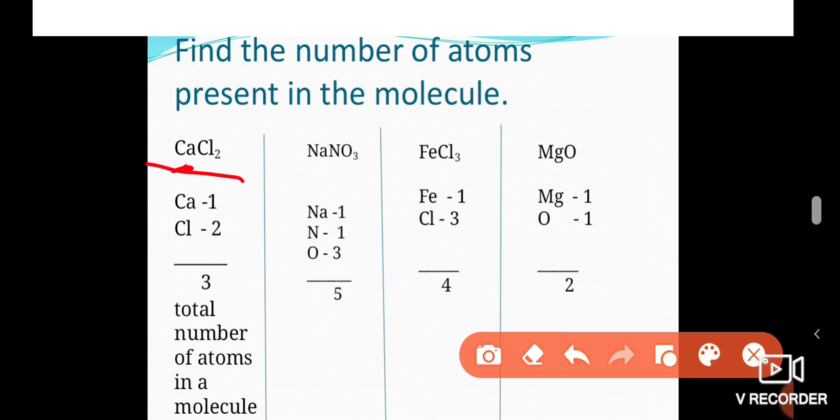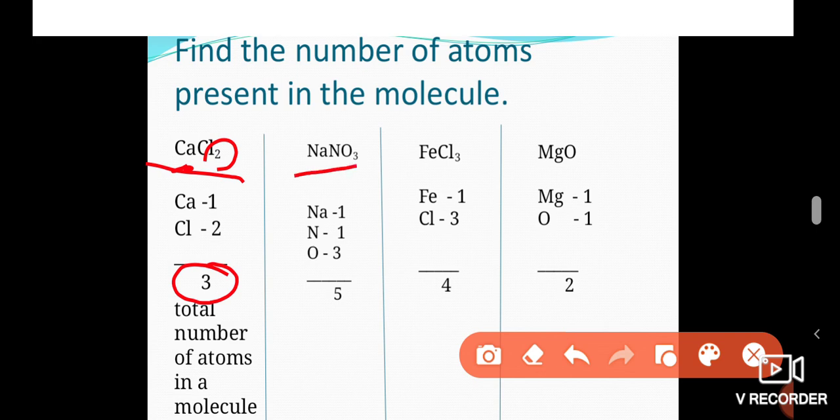And after Cl, subscript 2 is there. That indicates 2 chlorine atoms. So Cl, how many chlorine atoms are there? 2. Finally, the total number of atoms is 3. So CaCl2 is made up of 3 atoms: 2 chlorine atoms and 1 calcium atom. In this way we find out the number of atoms present in a molecule. And next molecule,